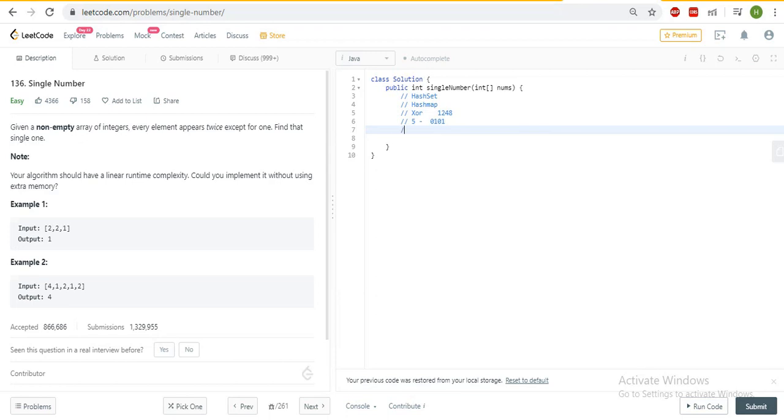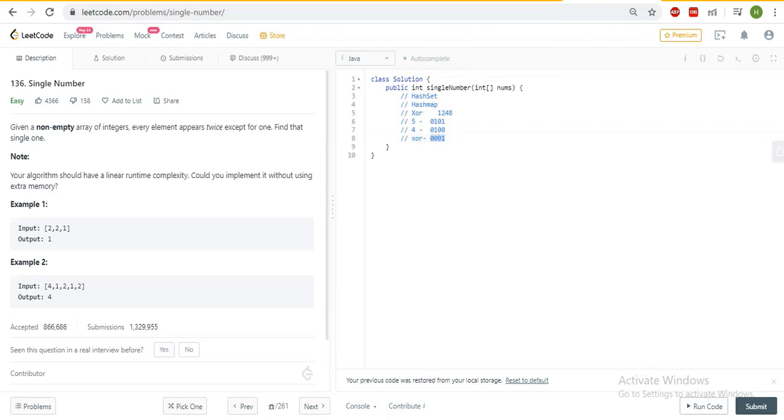And if we have a 4, then its binary representation will be 1 0 0. The XOR of these will be 0 0 1.